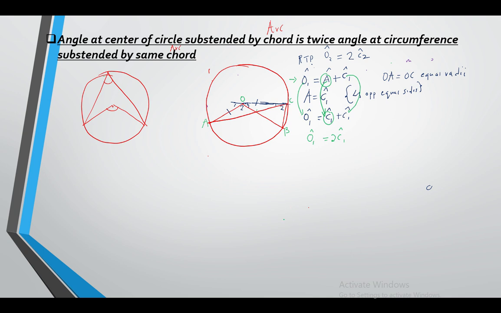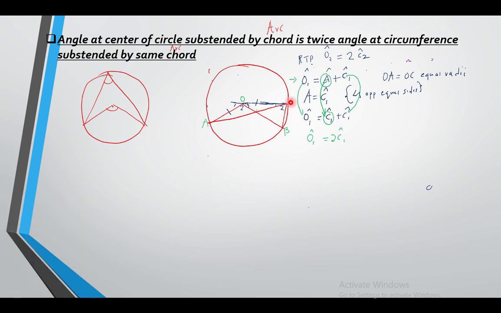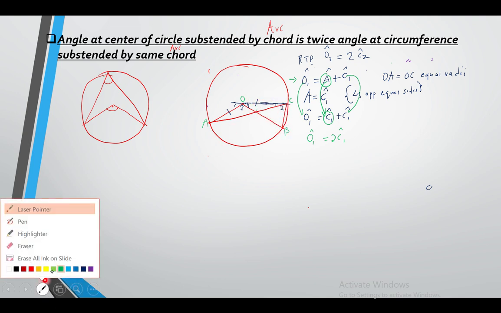Okay? So now we know, remember I said most of the time we make use of isosceles triangles when proving this theorem. So I want us to now focus on the triangle COB. I'm going to put my attention to a different triangle now, triangle COB, this one. If you put your attention to the triangle COB, you will see the exterior angle of that triangle, which